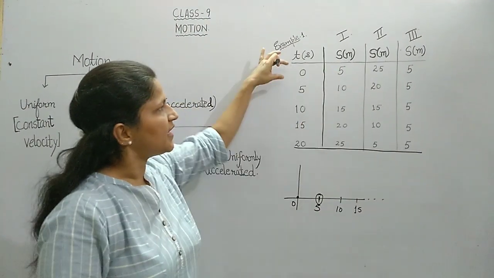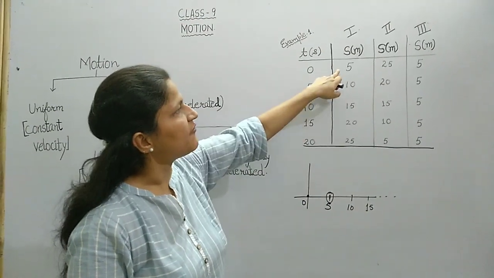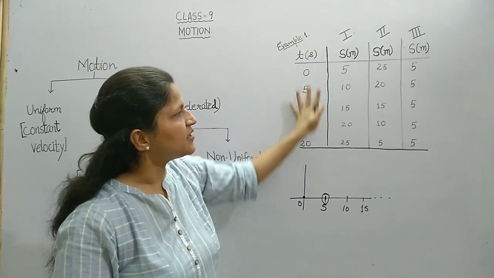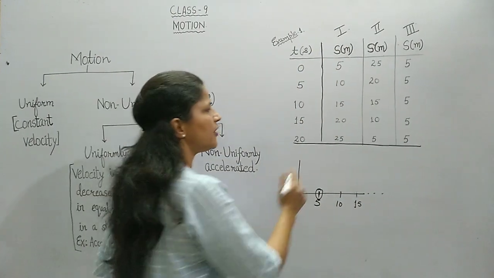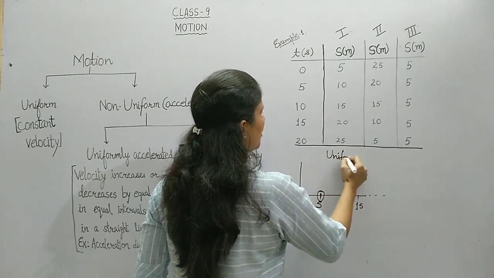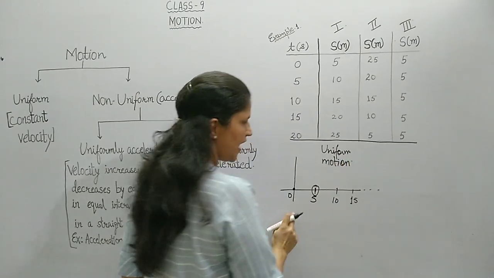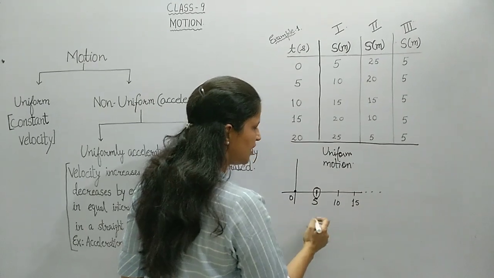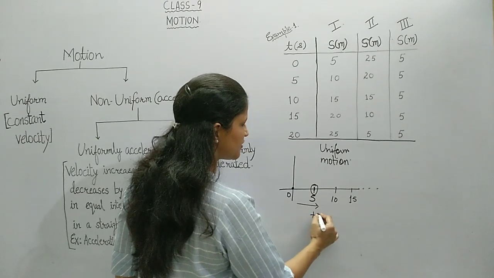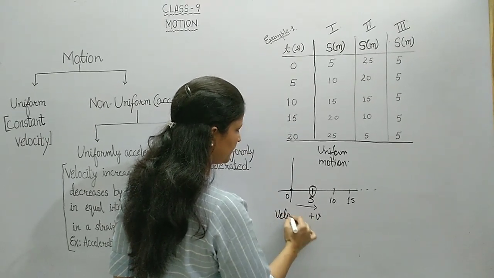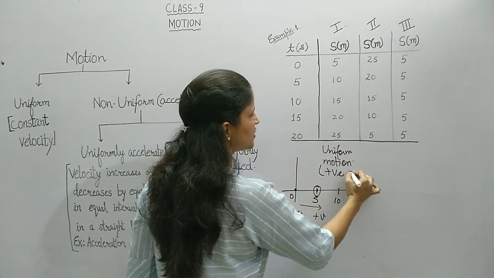So here we see that in every 5 seconds the object is moving away from the origin by 5 meters, at constant speed in a straight line. So the first object is executing uniform motion where the object is moving away from the origin. And when the object is moving away from the origin, its displacement is always positive and therefore the velocity is also positive. So for this condition I may also say that it is a condition of positive velocity.